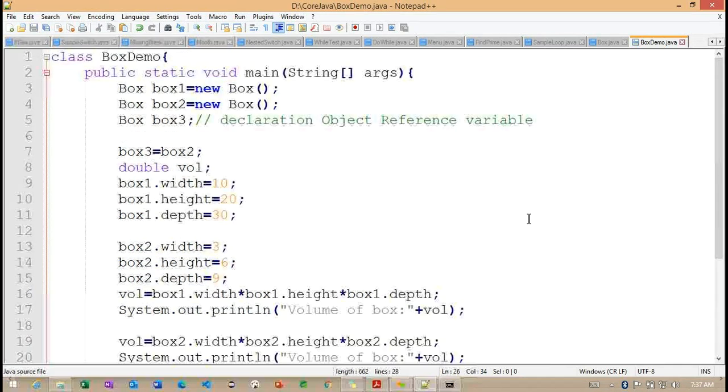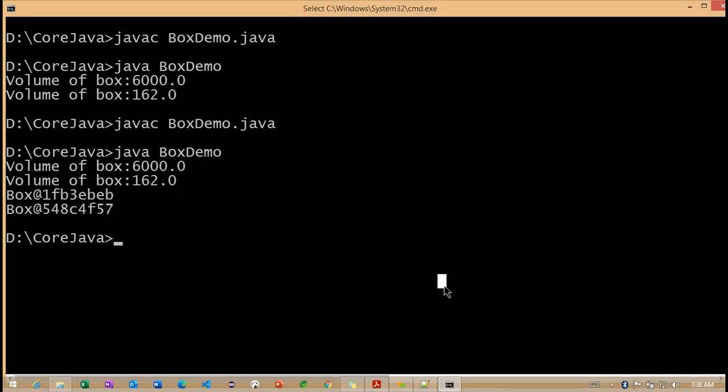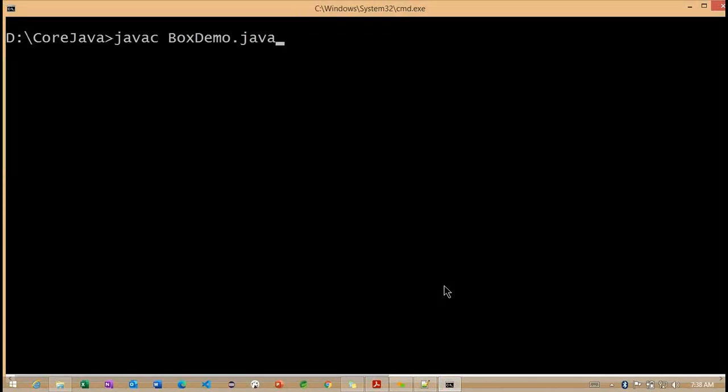Basically, without creating with a new operator, I'm just copying whatever the object 2 information we are having into this particular object 3. Whenever we are copying like this, what happens internally? Whatever the variables we are having here, the variables are accessed by the 2 reference variables. So those can be accessed by both references. So let's see the simple example how it's going to connect.